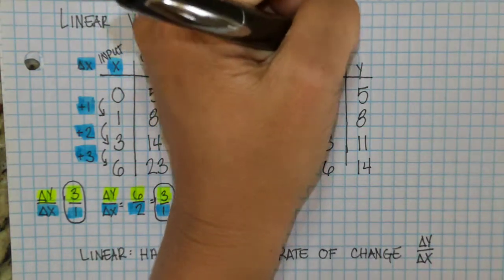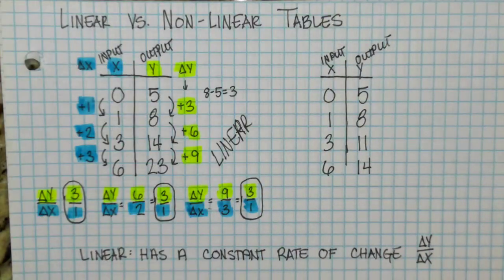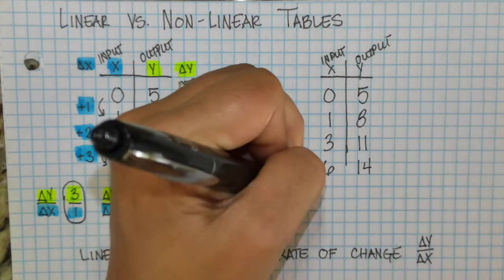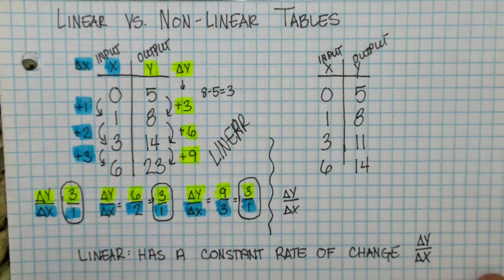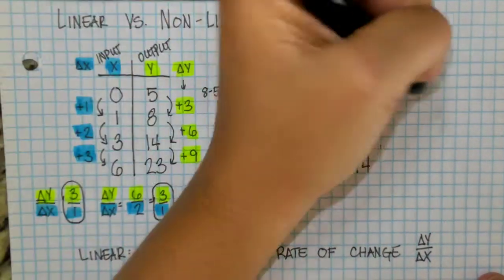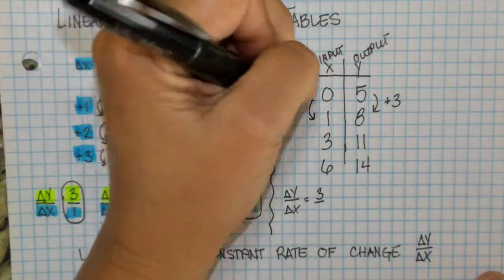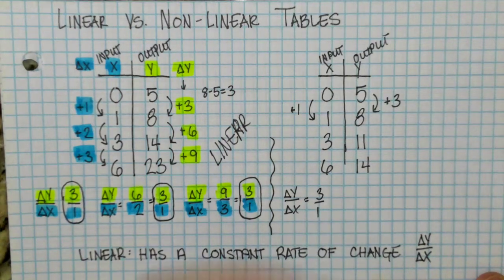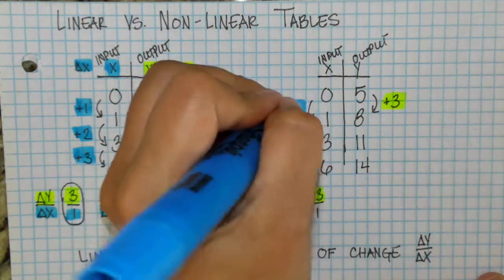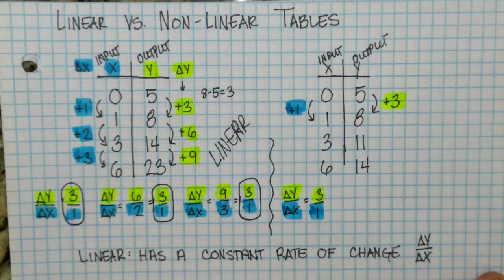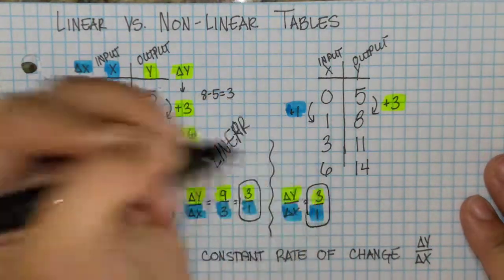This table, the x is the input, y is the output. Okay. And we're going to set this up by starting with change of y over change of x. And I'm just going to draw a line here so I know that I'm now on my new problem. Change of y here is 5 to 8. We saw on the other one that that's plus 3. So I'm going to write 3 over 1. Here's my 1. It's my change of x's. I can't simplify that because it's already in simplest terms, so I'm going to circle it and go to my